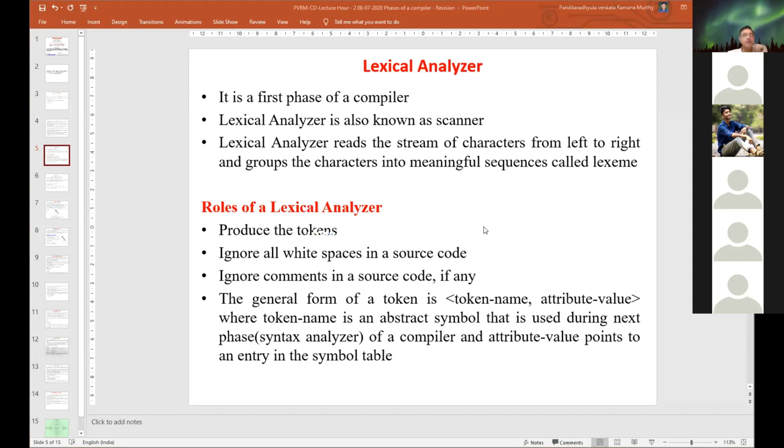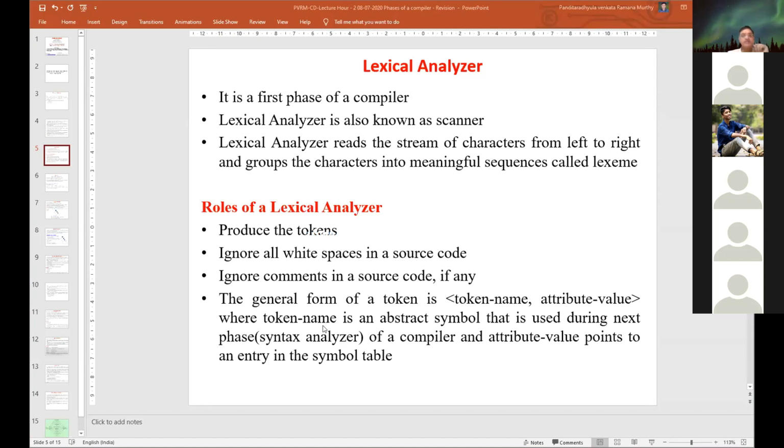In order to create a program for the lexical analyzer, first of all, the lexical analyzer produces tokens. It ignores all white spaces, because white space is only for separation between two keywords. It also ignores comments in the source code.